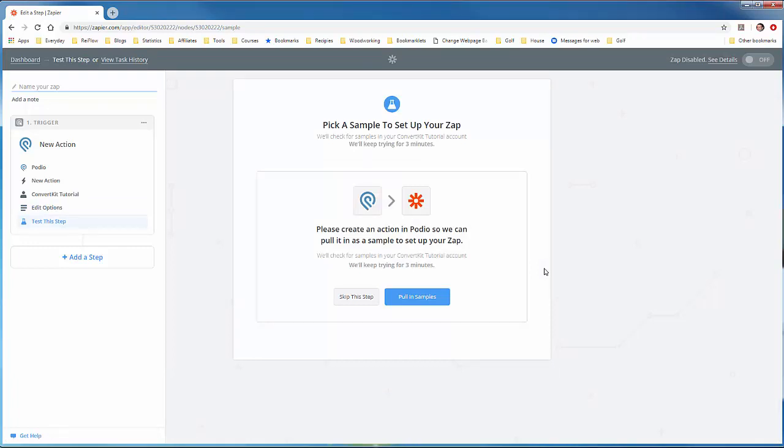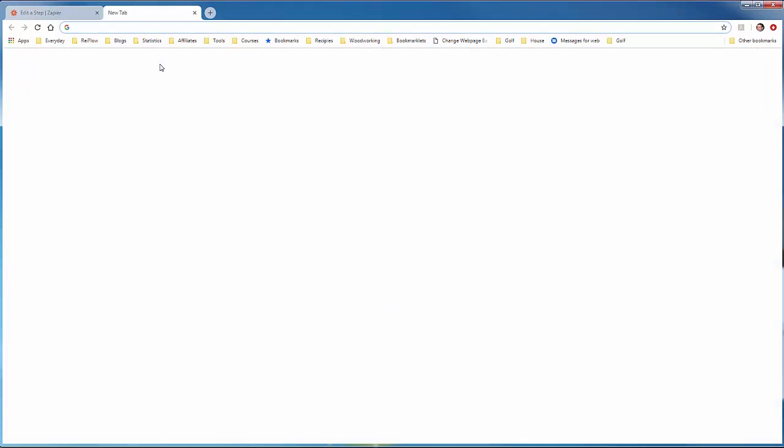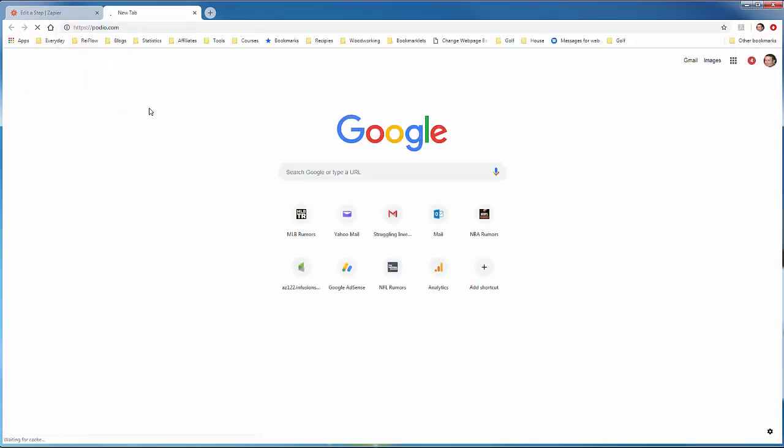Now here we need to pull some samples in from Podio so we can work with that data through the rest of the Zap creation process. And we'll need to open up Podio to do that, but first we'll click on the Pull Samples button. And it gives you 3 minutes to do this. That's plenty of time. So we'll log into Podio,